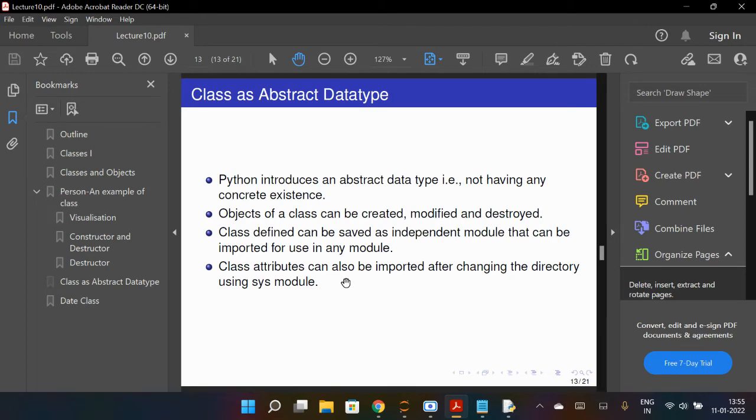This MyDate class I will use in another program as a module. A class defined can be saved as an independent module that can be imported for use in any module. Class attributes can also be imported after changing the directory using the sys module.